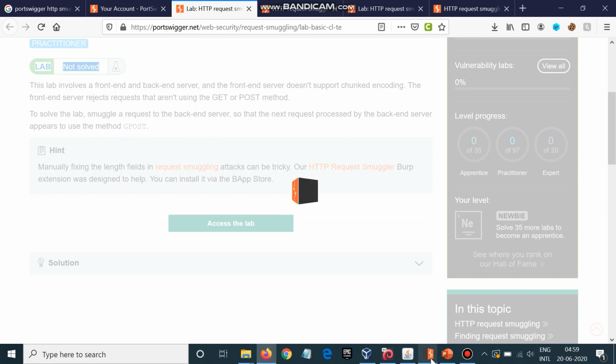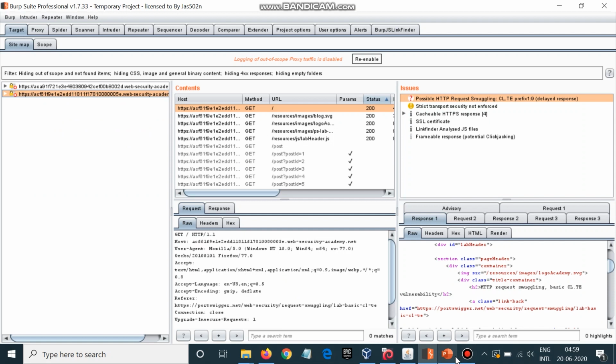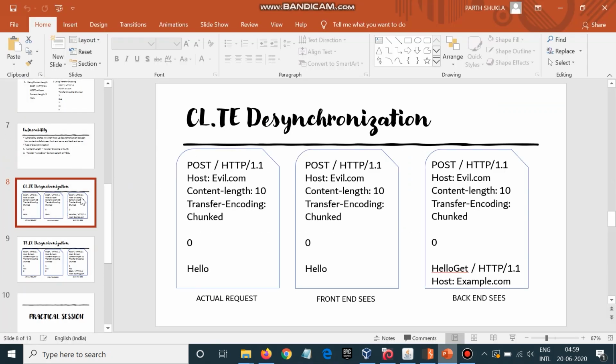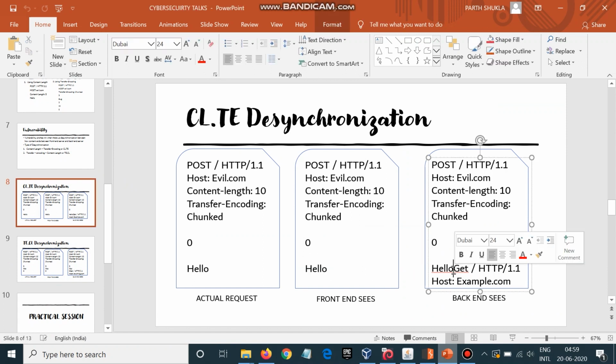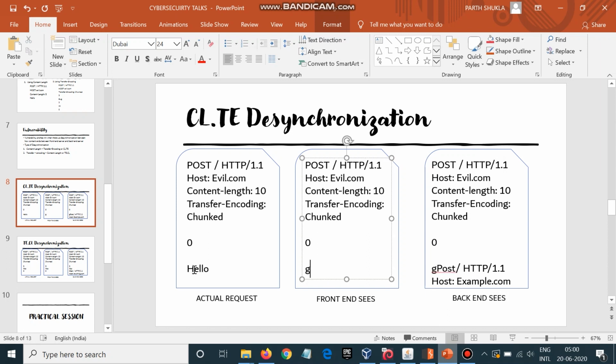What it means here is that we need to append G at the end so the backend server sees the GPOST method. So here it will be POST and here we'll write G. So this is how we can solve our lab and we'll do it in practical as well.